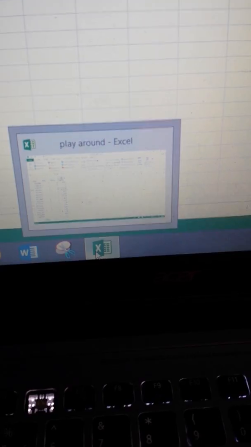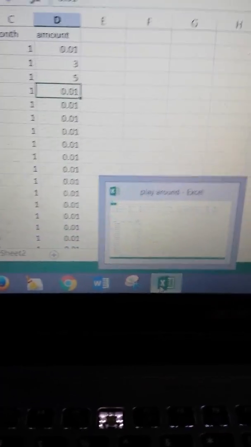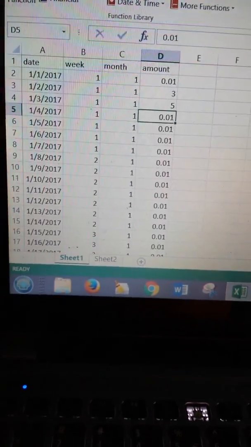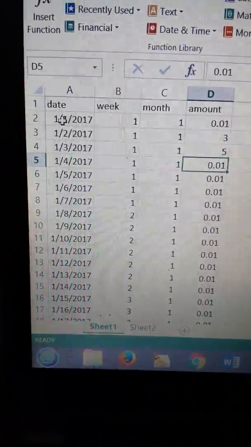Obviously the name of the book is just called Play Around, because I'm just more or less playing around trying to get things set up for a potential. Whether you decide to use some of this or not, that's entirely up to you. But we'll get started. What I ended up doing was in the very first sheet, Sheet 1, I went through and